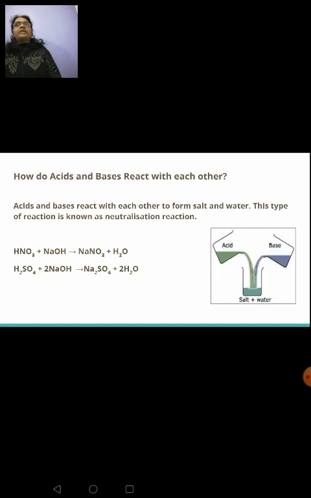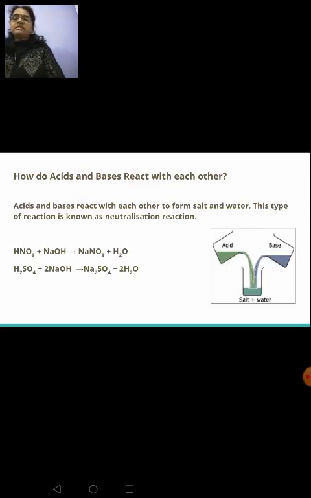Whenever an ant bites or a bee stings you, it releases formic acid and you get a burning sensation. In order to reduce that effect, to neutralize it, what do you do? You apply a calamine lotion which contains a base, right? So the upcoming examples or reactions can also be related with this neutralization reaction.